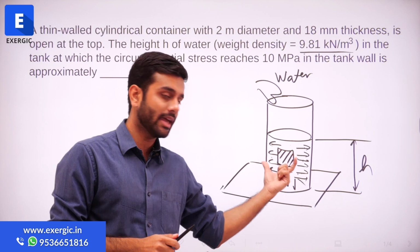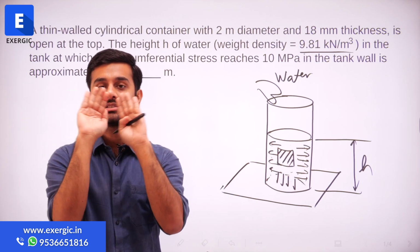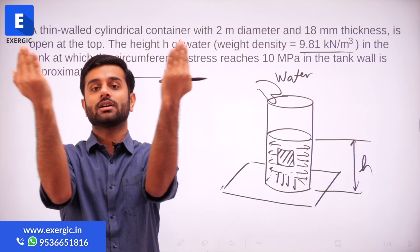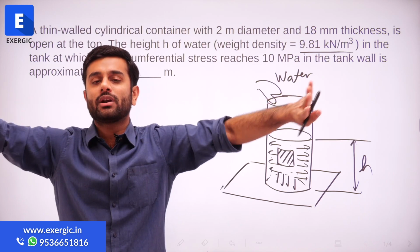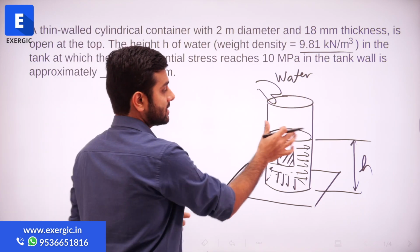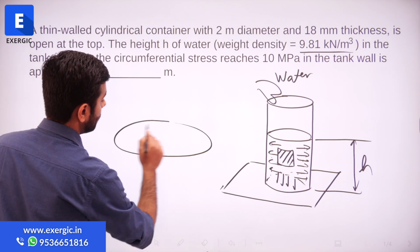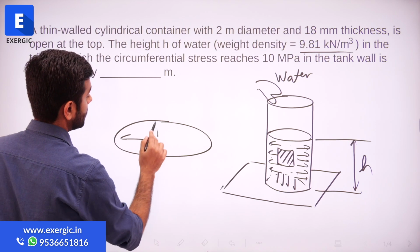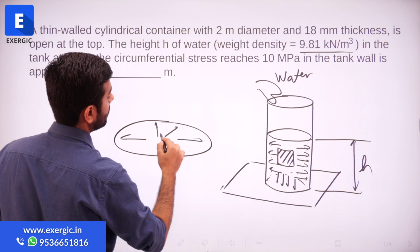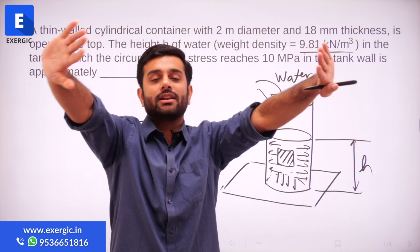This is a two-dimensional diagram. These two lines only I am showing you. But it is going to touch all the vertical walls, the curved circular vertical walls, the lateral surface. Every part it will try to push. So in such a situation, if on a circumference a force is being applied, which is always acting perpendicular to it,